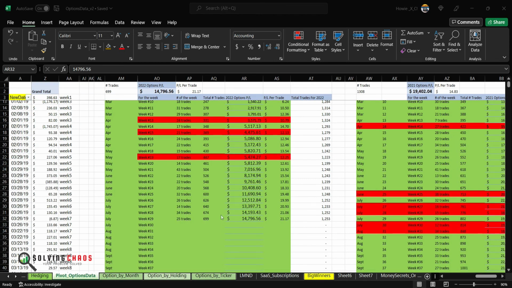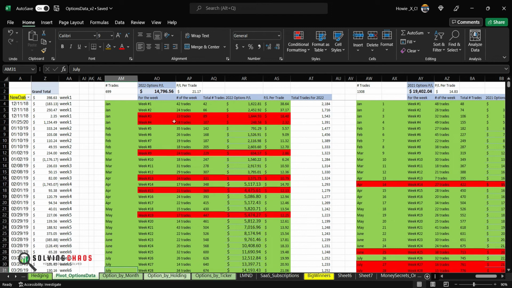This is what it looks like afterwards. I fix all my data, and you can see I actually have not updated the pivot table for 2 weeks now. So week 28 and 29, I plugged in the number of trades. You can see the last 9 weeks have been awesome. Been making money. My average per trade is going up. So this is good. It's all about the consistency.